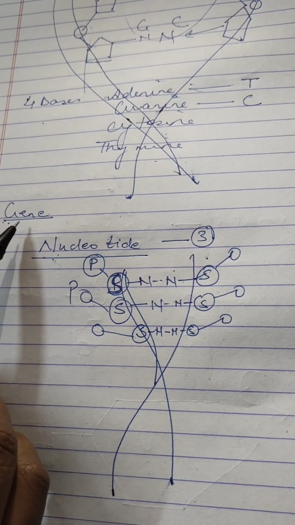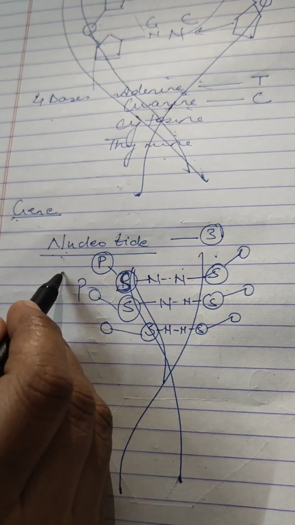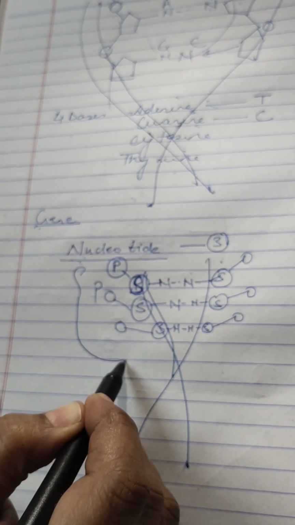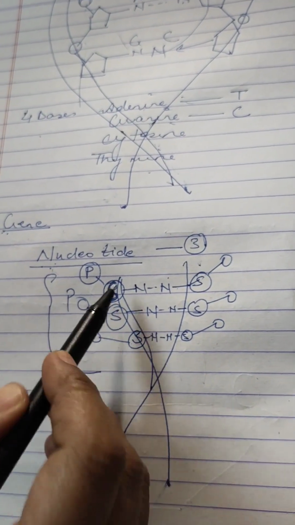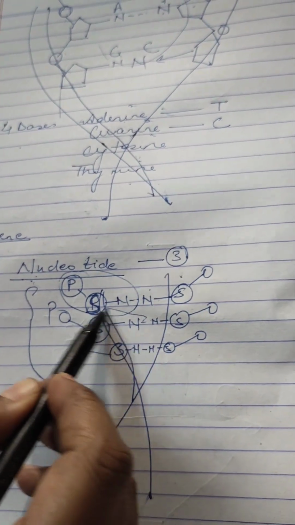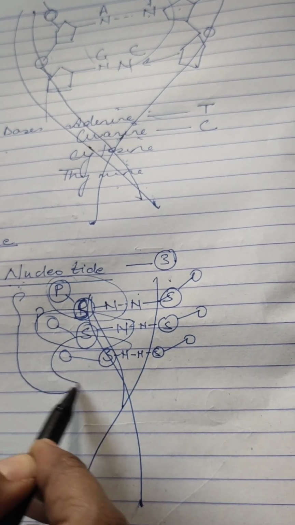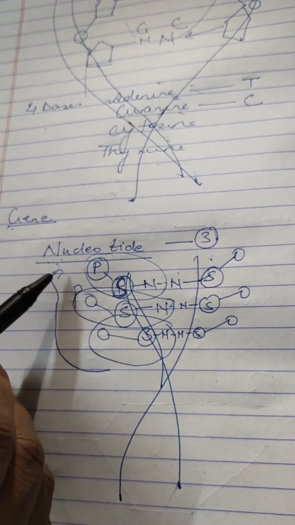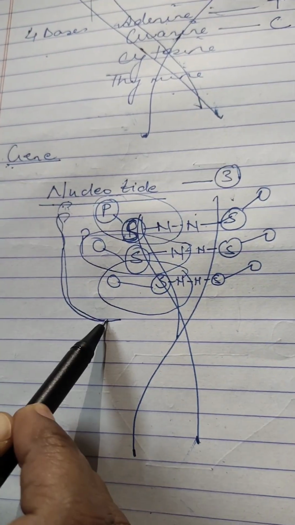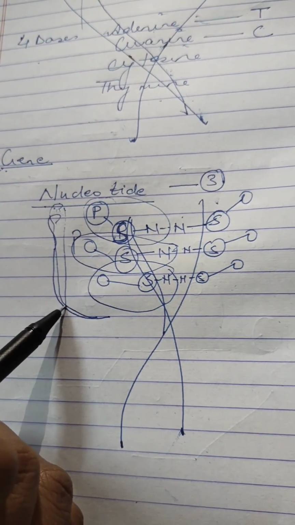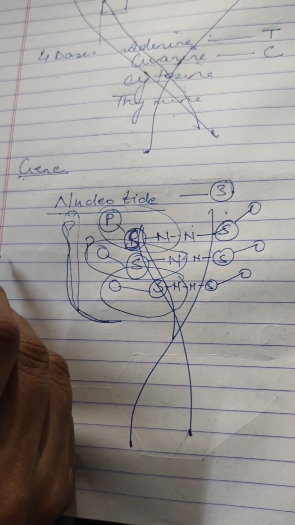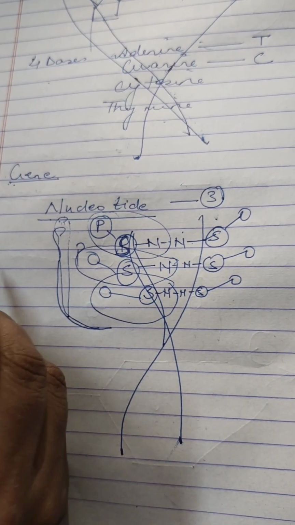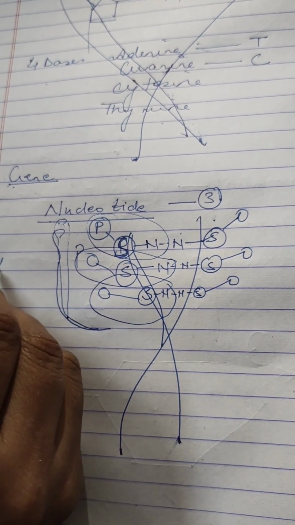A gene is a section of many nucleotides. Like this is one nucleotide, this is another nucleotide, this is the third nucleotide. So a gene is present and it consists of a section of nucleotides which encode. There is a word which is known as encode. Encode means it consists of certain proteins